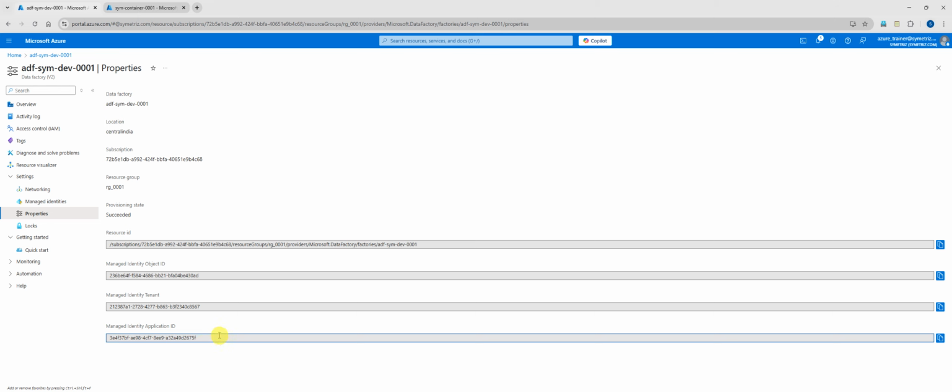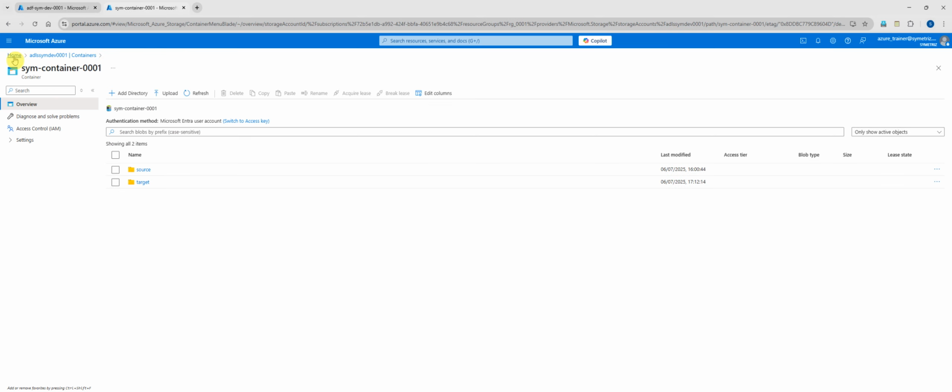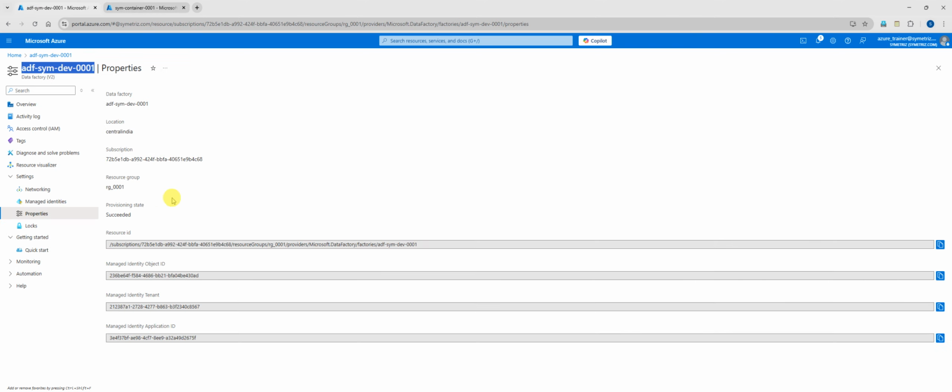So we have to give access to this ADF on this storage account so that it can connect to this storage account and do the file read or copy operations. So for that, Azure provides RBAC roles, which is basically role-based access control. So in order to give ADF all the permissions to copy or read files from the storage account, we have to give this